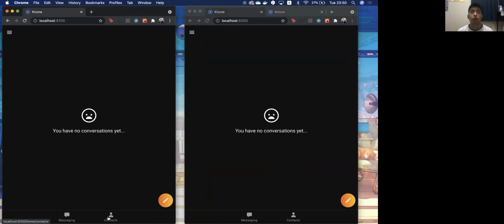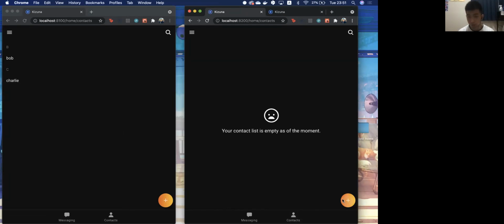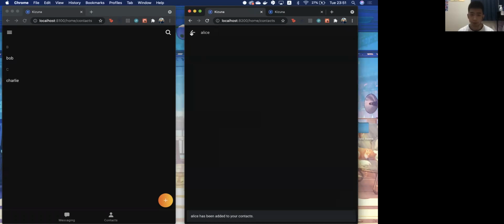So first, in order for these 3 agents to be able to connect with each other, we add them to each of their contacts, right? Alice can add Bob. So if you search Bob, it appears here. She can add him into her contact, and you can also check Charlie there. So now Alice has Bob and Charlie in her contact list. Now we only need to add Alice to Bob to show you first the peer-to-peer messaging.